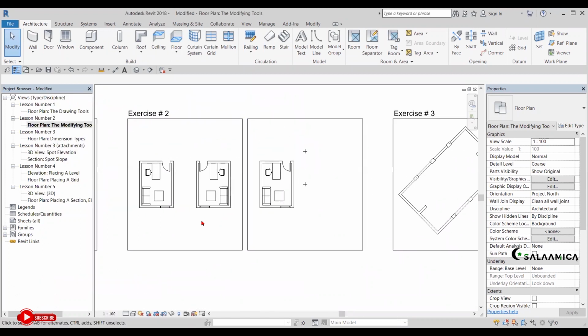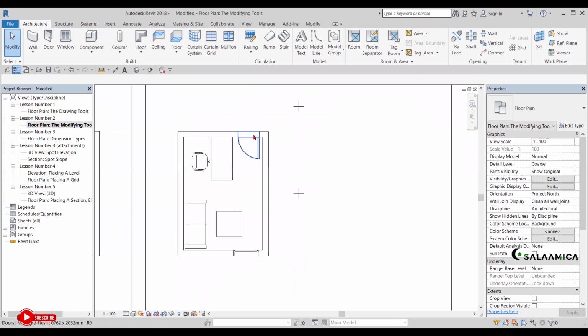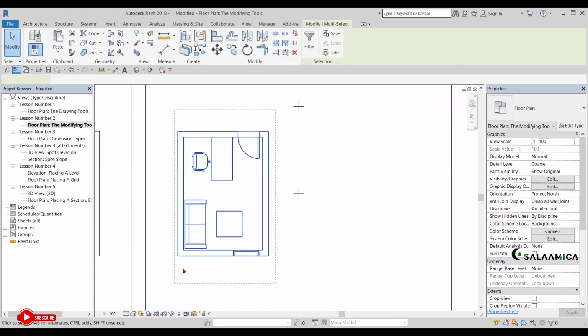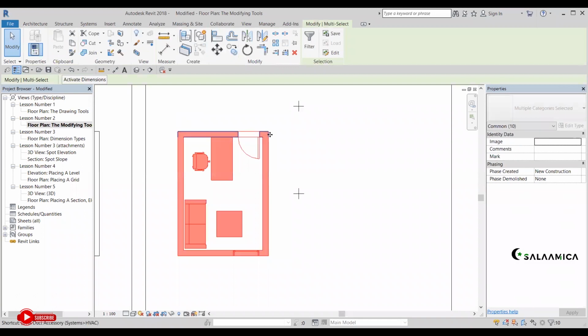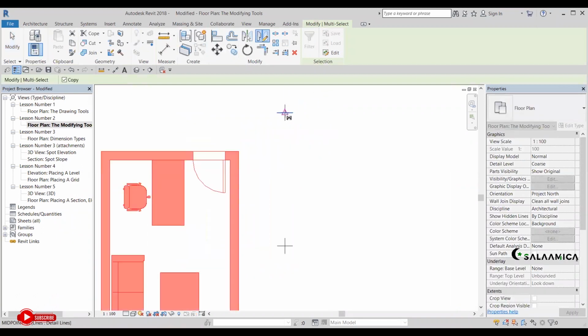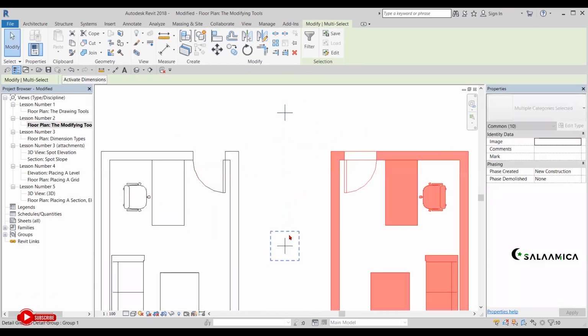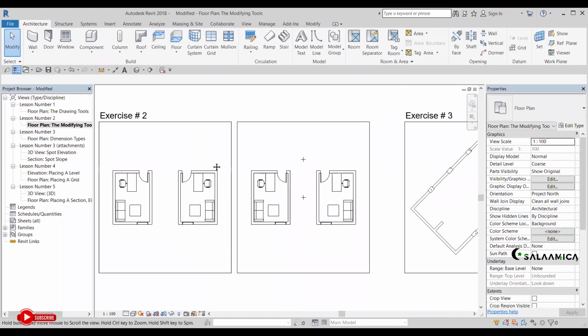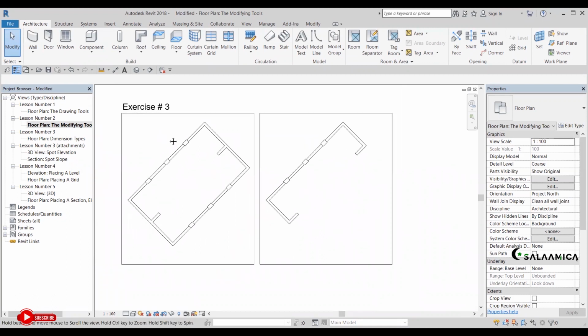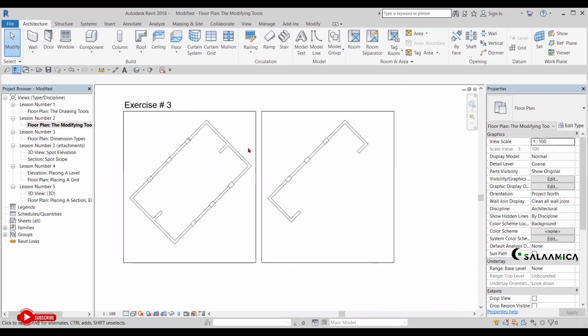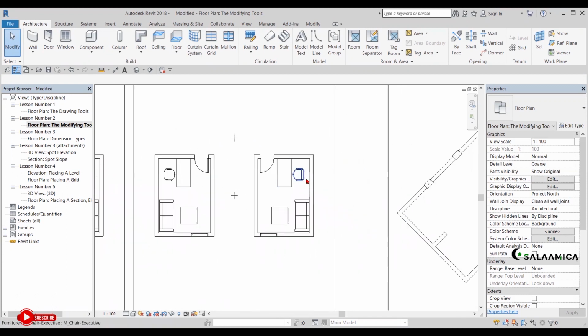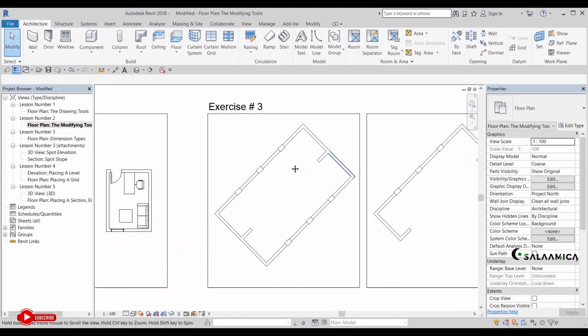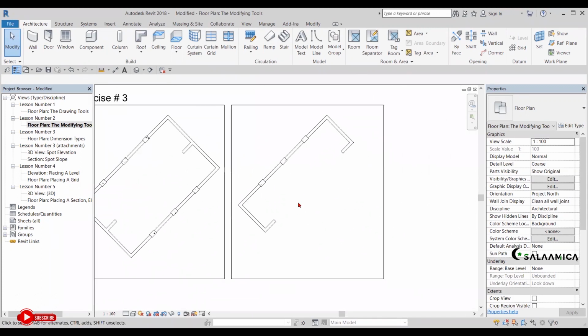Just quickly do this exercise number 2. I believe you just have to select everything. Exercise number 2, DM. This one and this one. Quickly do exercise number 2. I just have some tips for exercise number 3. Exercise number 2 done? Okay, for exercise number 3,